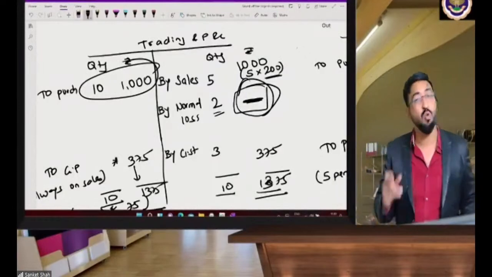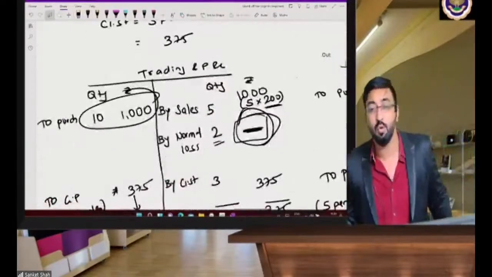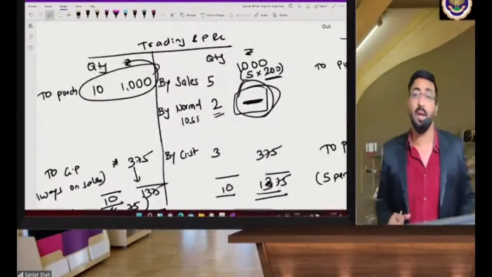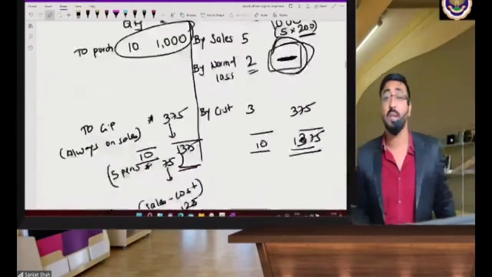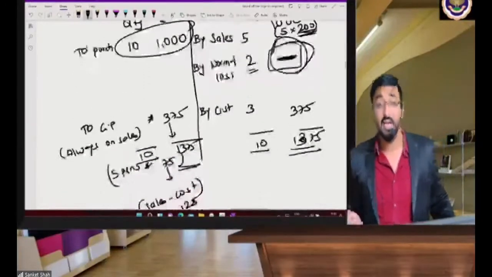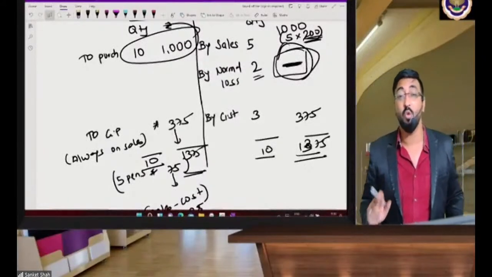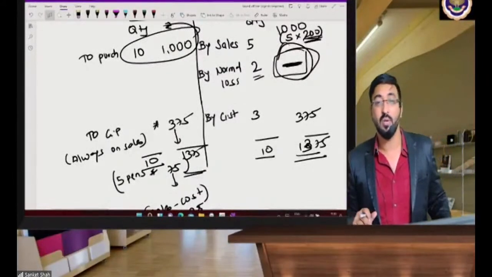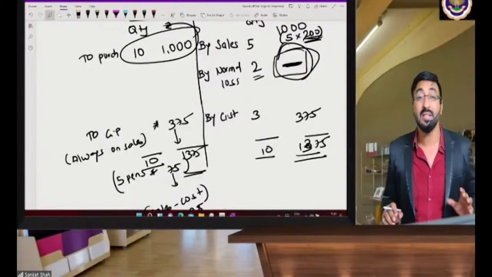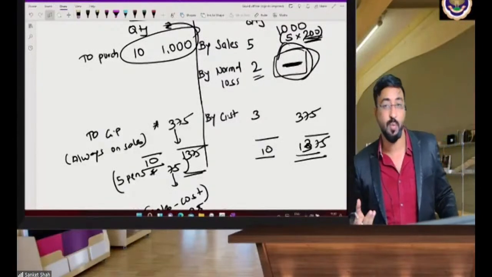और जो क्लोजिंग स्टॉक बचता है तो वो 3 पेन्स बचता है। अब ये क्लोजिंग स्टॉक की वैल्यू मैंने 125 रुपया निकाला ऊपर, तो ये कॉस्ट पर पेन 125 इंटू 3 रुपीज, ये 375 रुपीज पे मेरा कॉस्ट पर पेन दिखेगा। तो मेरा जीपी कितना दिखेगा, तो जीपी इज वेरी सिंपल। मेरा सेल्स 200 रुपए का है, उसमें से 125 ये मेरी कॉस्ट निकाली थी, तो 200 माइनस 125, तो जीपी मेरा निकला यहाँ पे 75 रुपीज पर पेन। और ये मैंने 5 पेन्स बेचे, तो जीपी हमेशा सेल्स के ऊपर होता है, इतना सिंपल लॉजिक है।